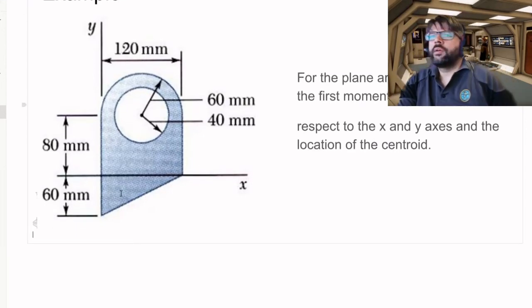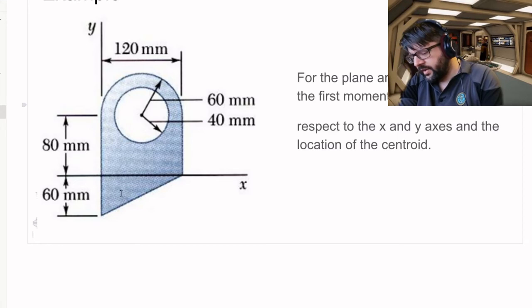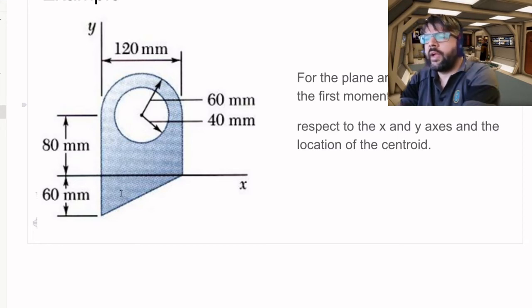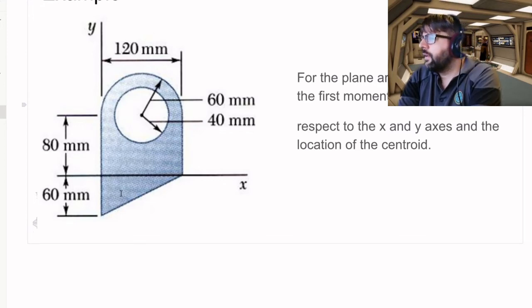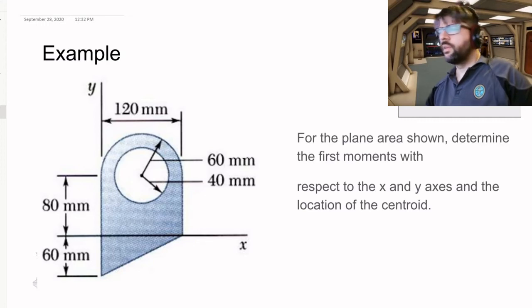One thing to keep in mind is that if you're adding sections together, you can also basically subtract from sections as well. So we've got this shape here. We want to break it up into its component shapes and determine what we're going to add and subtract in order to give us our